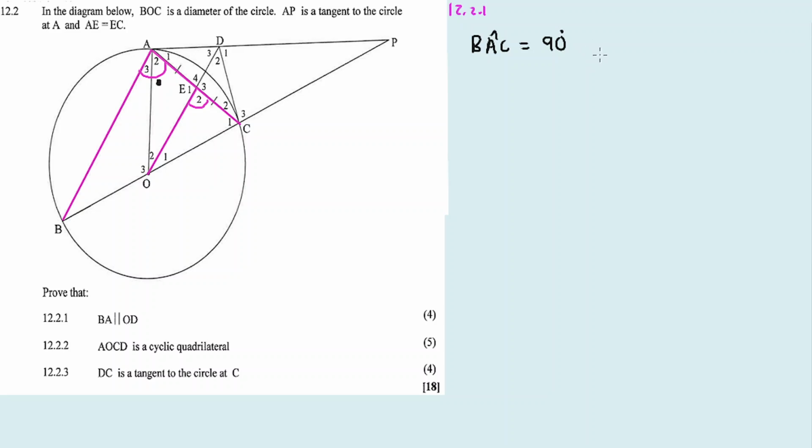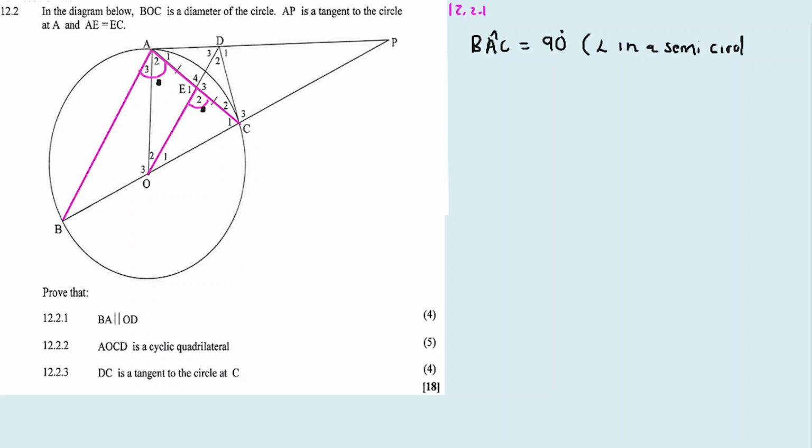For these corresponding angles, we need to show that E2 and angle BAC are equal. That's what all these angles being equal means: lines BA and OD are parallel to each other. Now BAC is equal to 90 degrees because of any angle in a